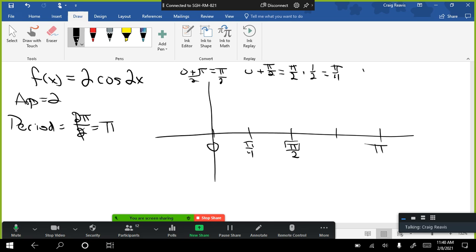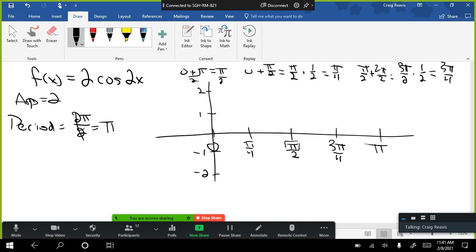Then the last one, pi over 2 plus pi. Well, I've got to find a common denominator, which is going to make this 2 pi over 2. So pi plus 2 pi is 3 pi over 2. I multiply by 1/2 to find the average, and I get 3 pi over 4. So there's my labels. My amplitude is 2, so I've got to go up 1, 2,